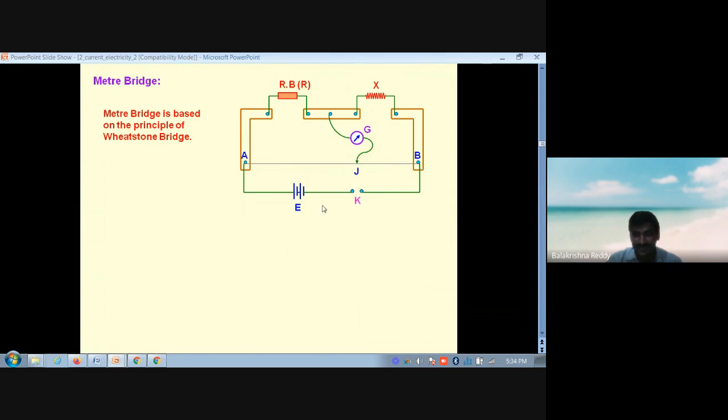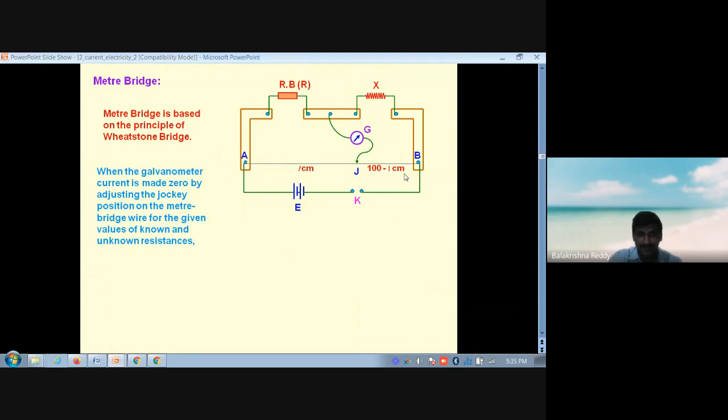This is one resistance and this is another resistance we will consider. That's why we have four arms here. This is one arm of the resistance, and this is another arm of the resistance. That can be written as: 100 centimeters total, so 100 minus L is the other part. Why are we considering this? We know that resistance is directly proportional to the length of the wire or a conductor. So on that basis we will proceed.